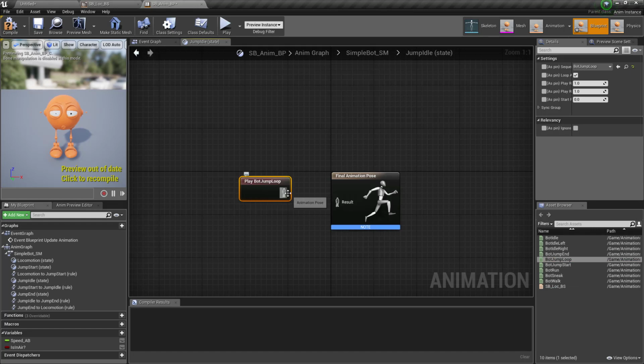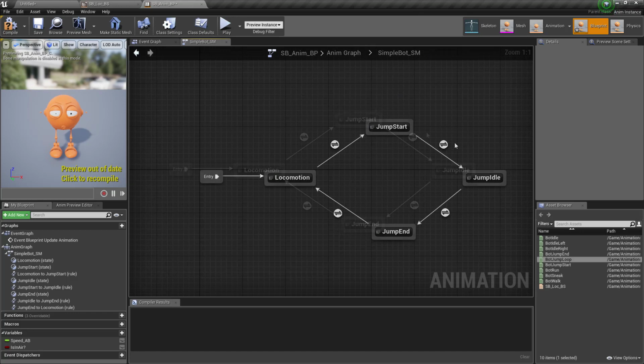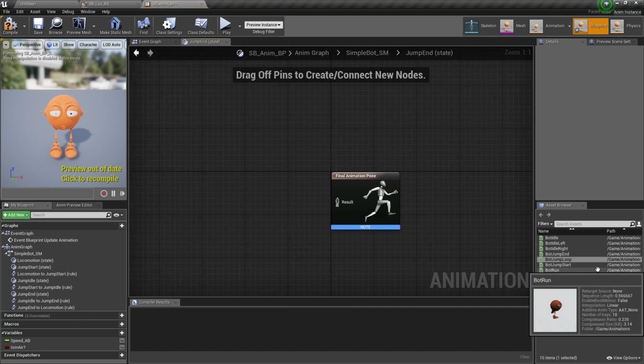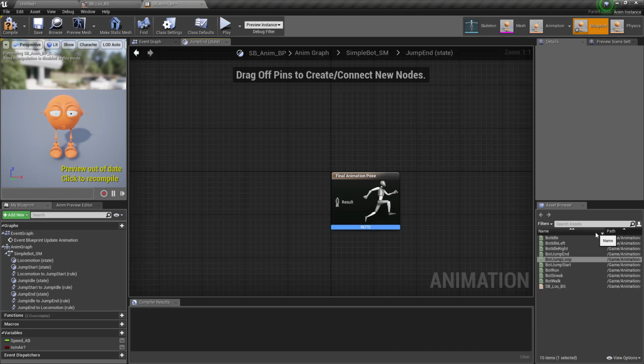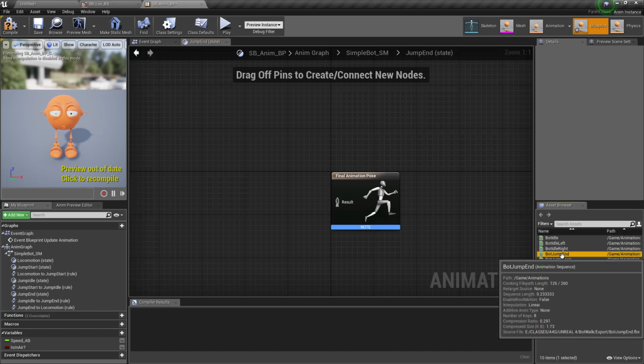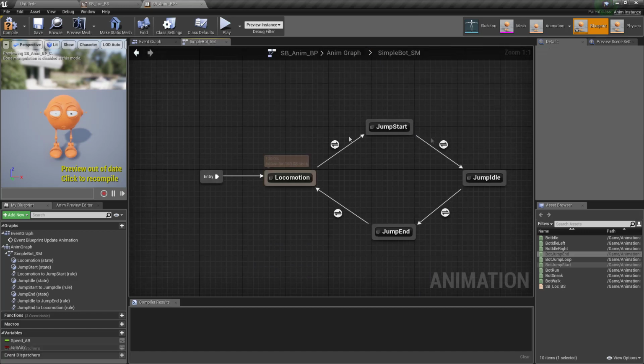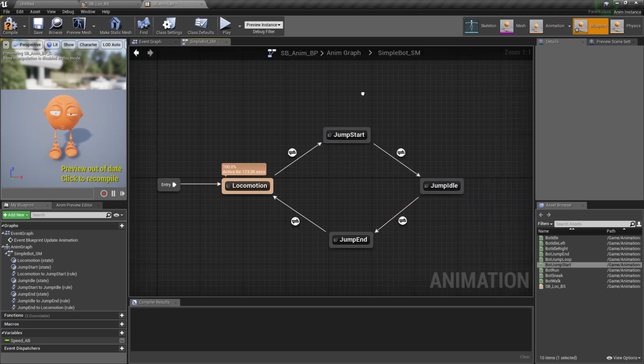Dropped it in here. Click on that. Okay, so then we'll come back. And then we'll click on jump end. And so let's get the jump end. Click that in here. And we'll come out. I've got all my animations to play for these states,